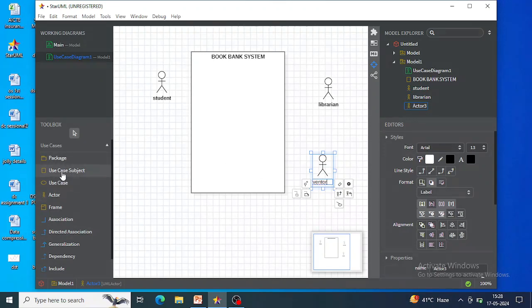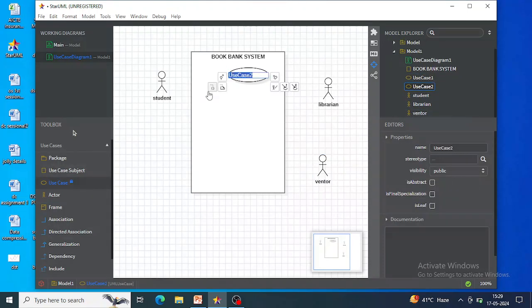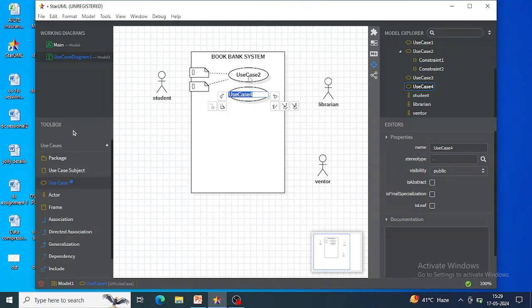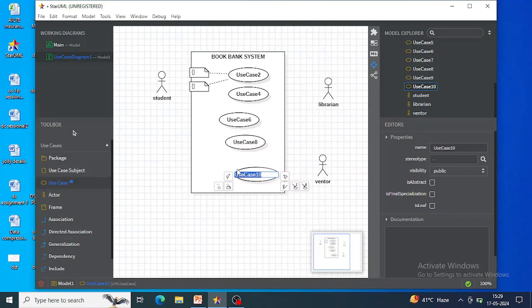Then use case, for this I'll select use case, and for making various use cases even I can lock this, so that I can simply double click, use case for issue, for return, let's say for search, placing the order, any use cases, whatever use cases we want, and then I'll unlock it.